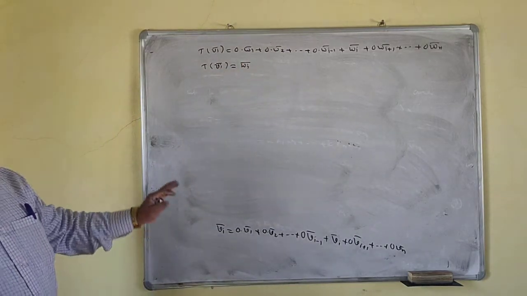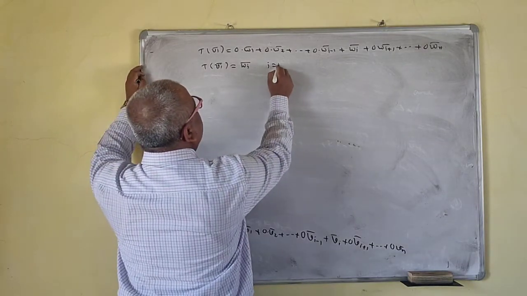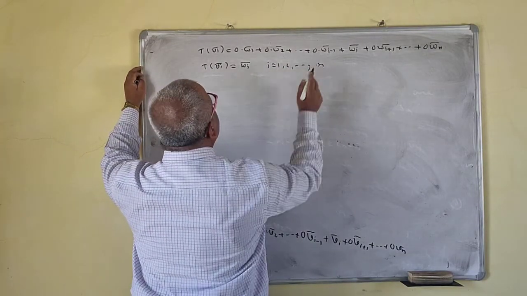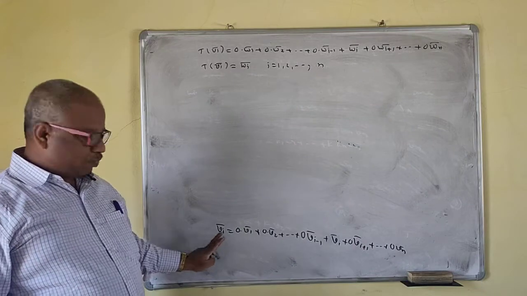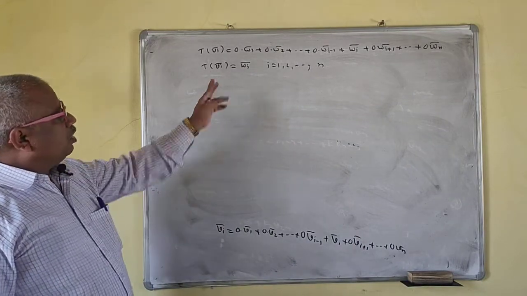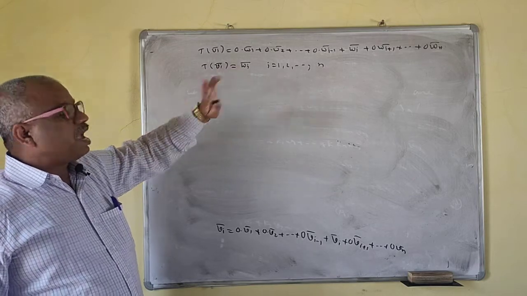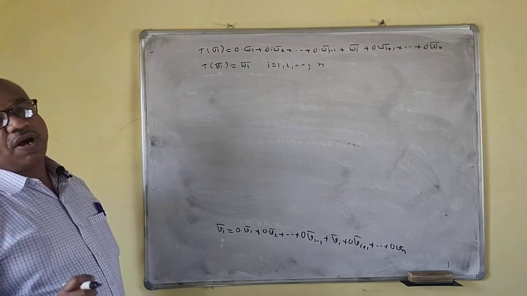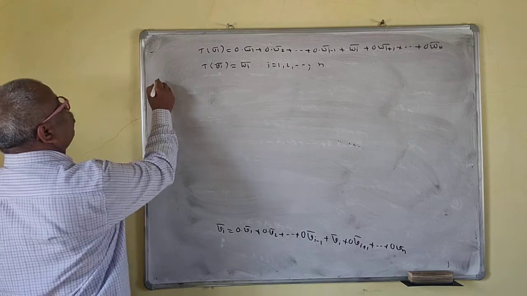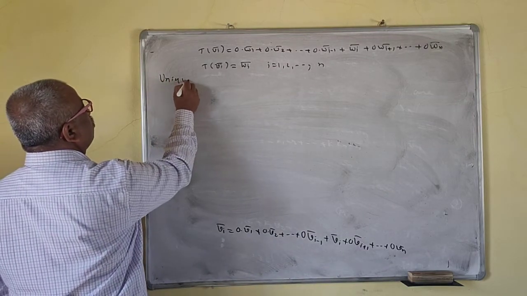Okay, so I have proved that. So I is equal to what here? I is equal to 1, 2, dot dot dot n. You can take here V1, V2, dot dot dot up to Vn. So that means we have proved that T is a linear transformation such that T of Vi bar is same as Wi. But there is a part, uniqueness. So now we have to prove the uniqueness now.